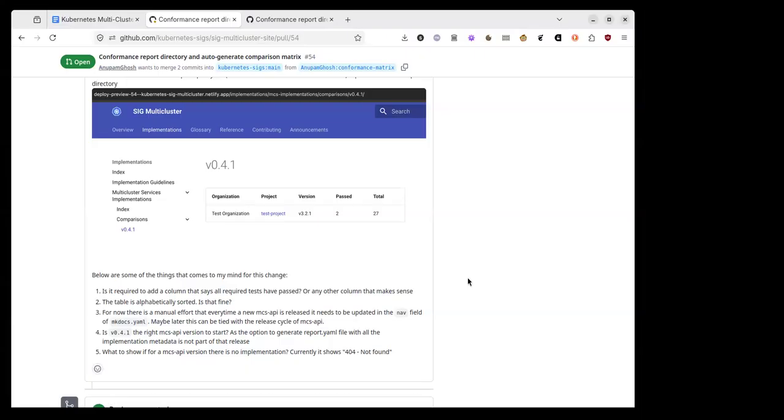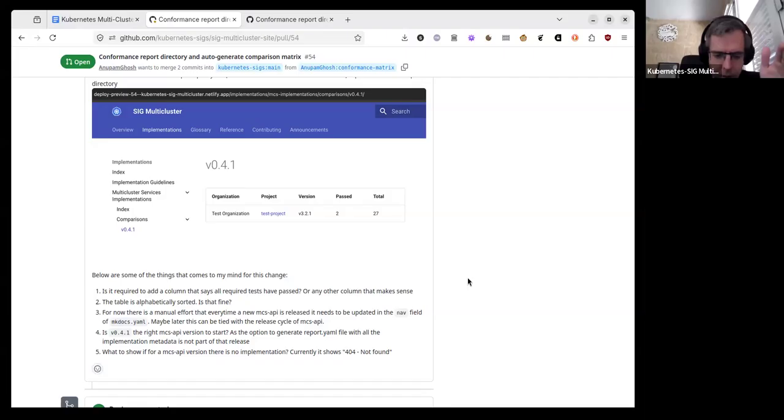So I'm just thinking maybe what we could do is have the Python script use the GitHub API, or even the makefile, because it might be simpler to do it with the GH command line tool, but list the tags from the MCS API itself,